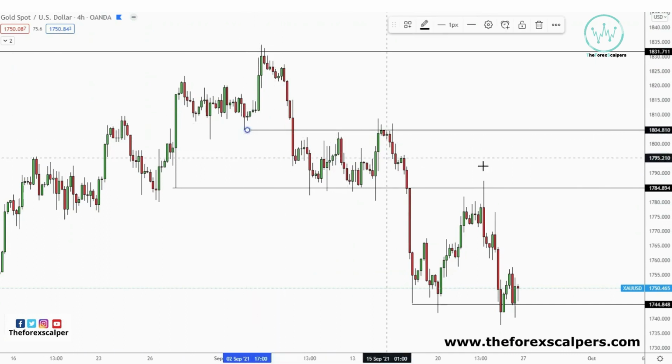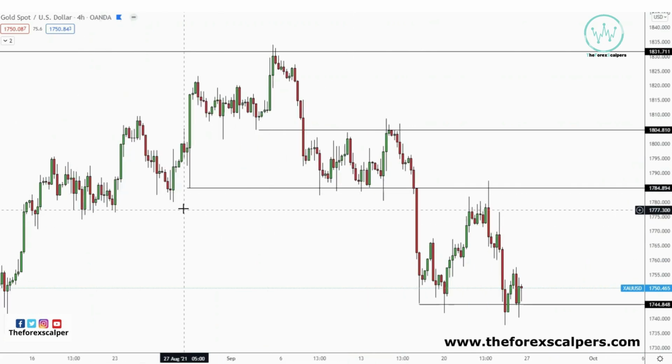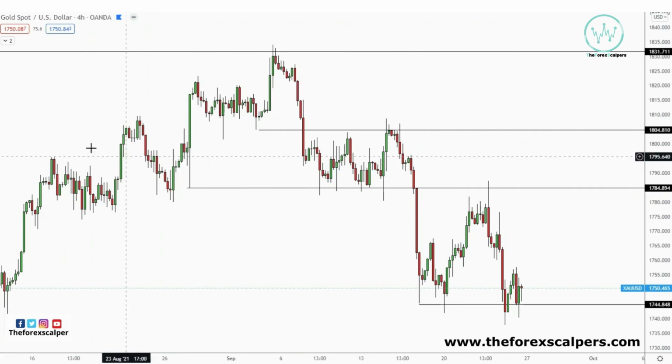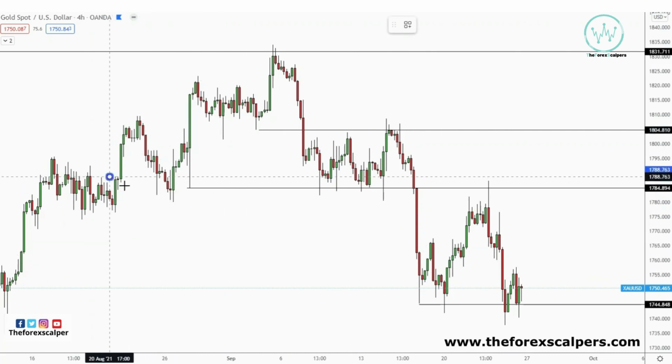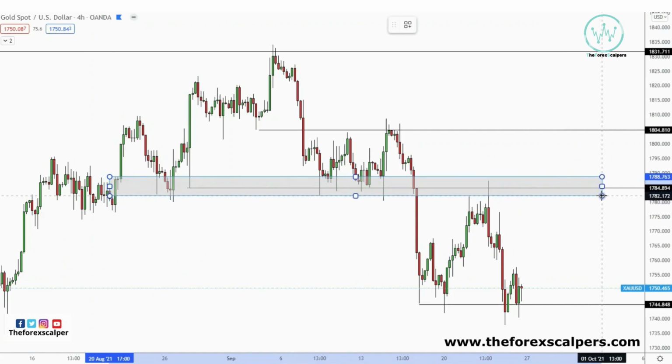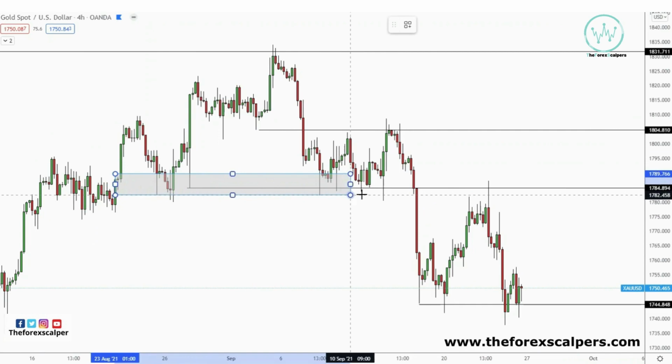For example, you can see right here the 1800 level, the 78 level right here, and price is respecting these levels pretty nicely, those highs and lows, especially if you combine it with those supply and demand areas, finding a great imbalance level right here. For example, you can see that this was a nice bias level